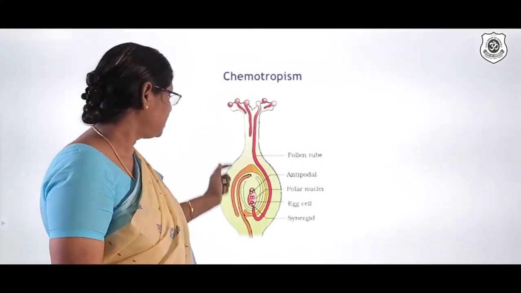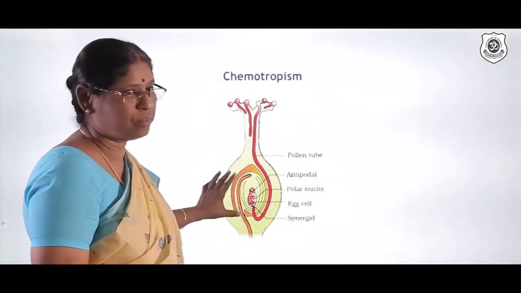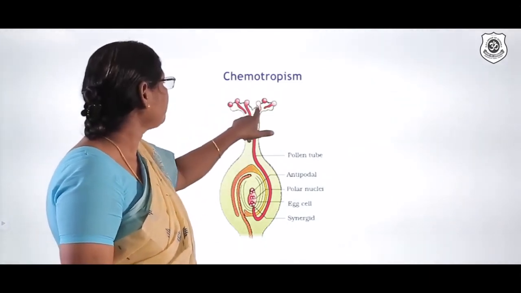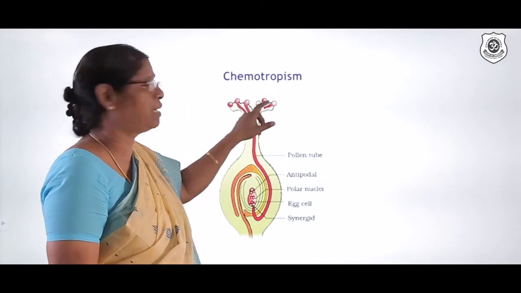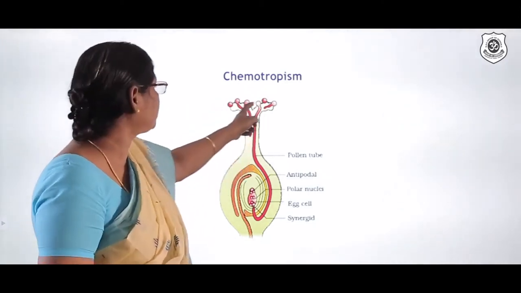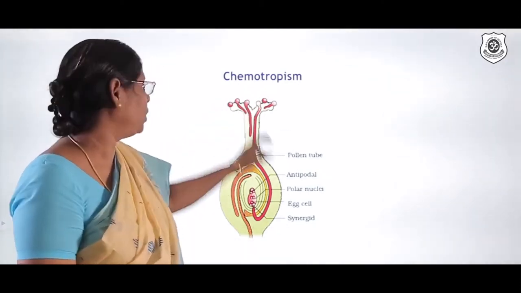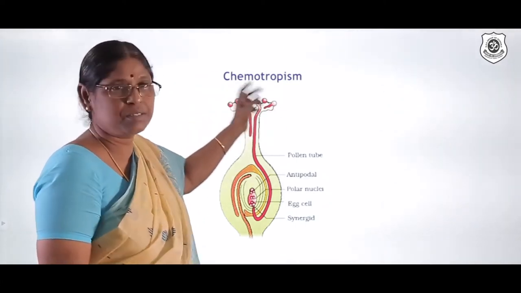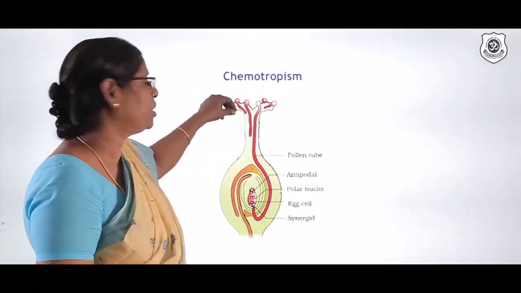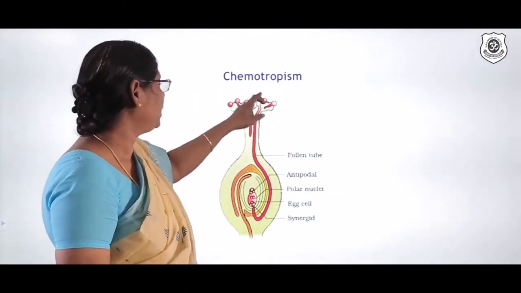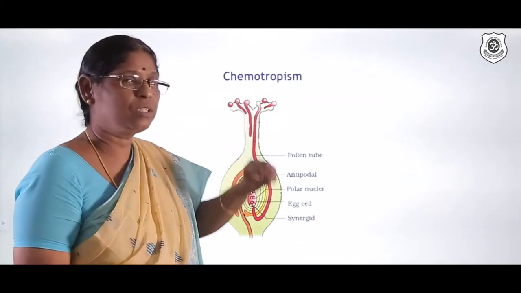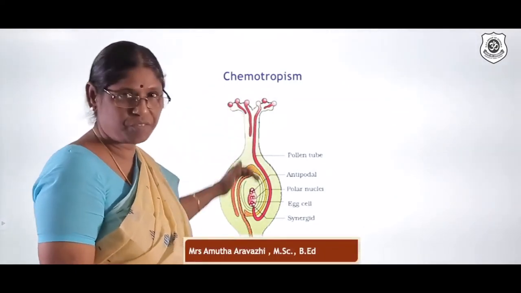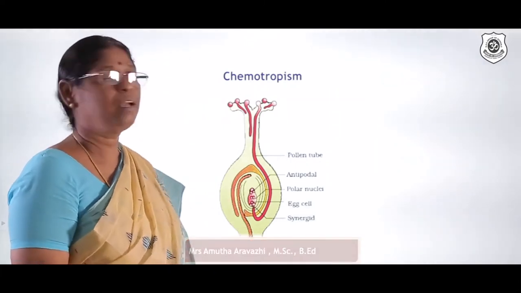Here, this is the female reproductive structure of a plant. The red rounded structures you see here are nothing but pollen grains. After pollination, you will see the pollen falling on the stigma of the flower. Once it falls on the stigma of the pistil, which is the female reproductive part of the flower,